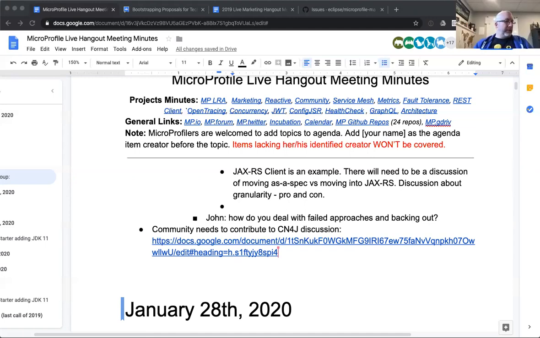Well, similar to Emily, I would see it being a little difficult to continue both at the same time, even if it's different namespaces, just because there's going to be confusion over which features are in which version of the spec if they're in two places. I feel like if anything from MicroProfile goes to Jakarta, it needs to be a cut and move. It can't be in both places. I tend to agree.